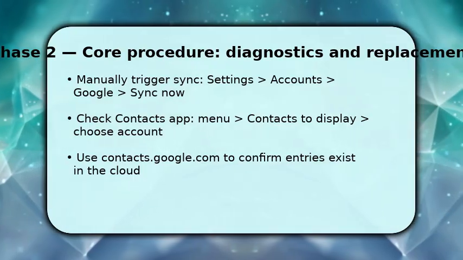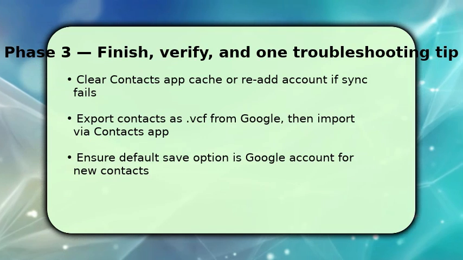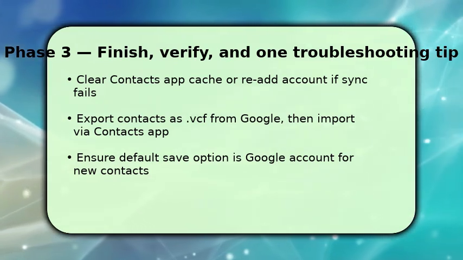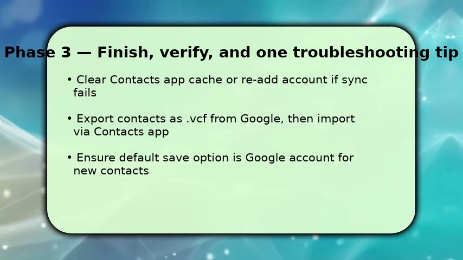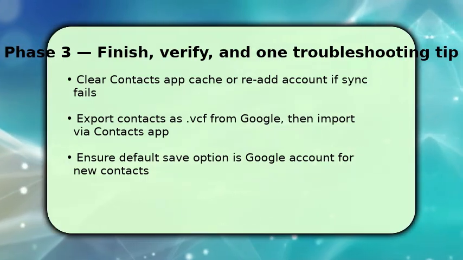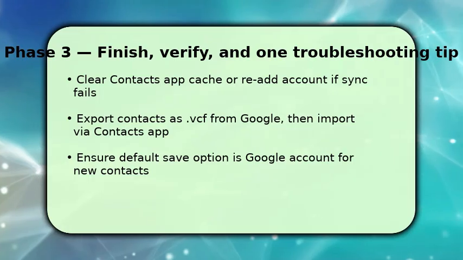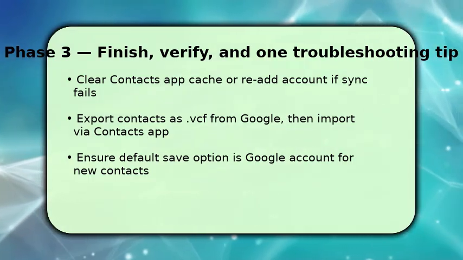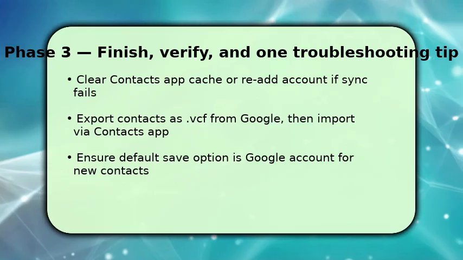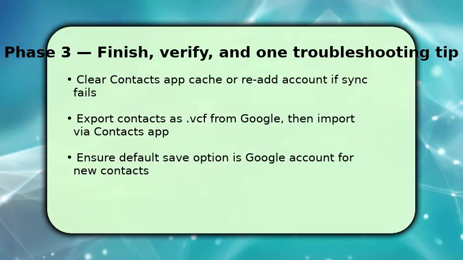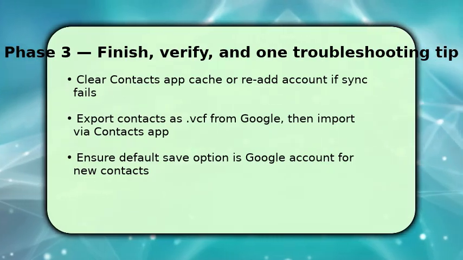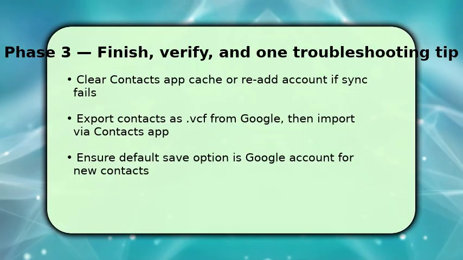Finally, confirm everything is set for ongoing sync and handle common failures. Make the Google account the default for new contacts so future entries save to the cloud. If sync stalls, clear the Contacts app cache or remove and re-add the Google account to reset credentials. As a fallback, export contacts as a VCF from Contacts.Google.com and import locally with the Contacts app. This restores missing entries. If problems persist, check Internet, account permissions, and